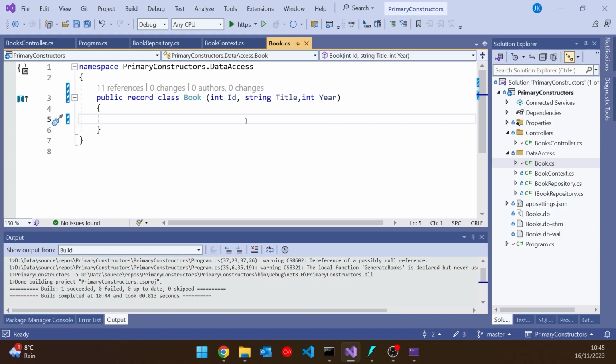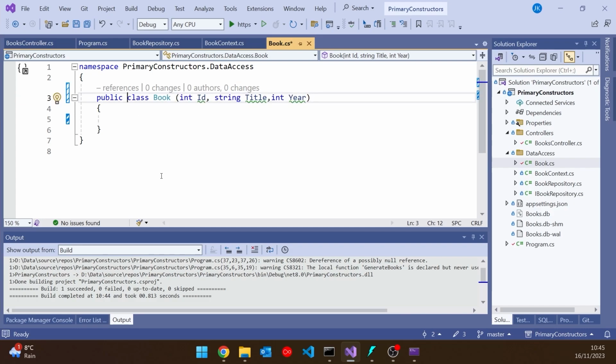So that is the concept for a primary constructor, but with a record, not with a regular class. What we can now do as of C# 12 is have that same syntax but have it on a plain old class, or indeed a struct, which we won't look at here, but it applies to structs as well. So now we're doing a similar sort of thing, but it's no longer a record, it's a class. And that once again generates a class with a constructor that takes those three parameters.